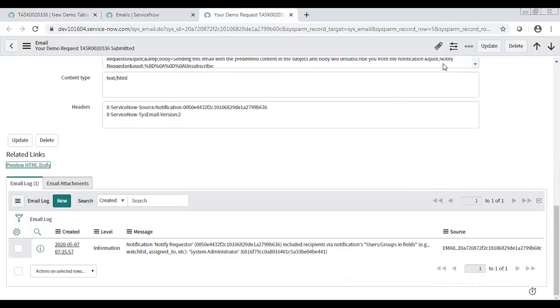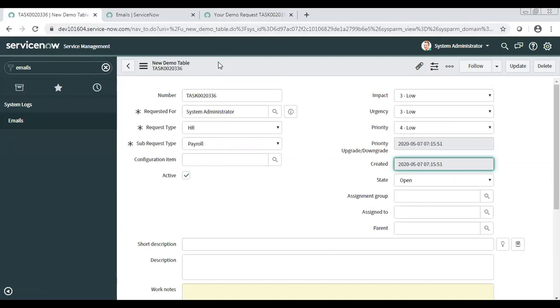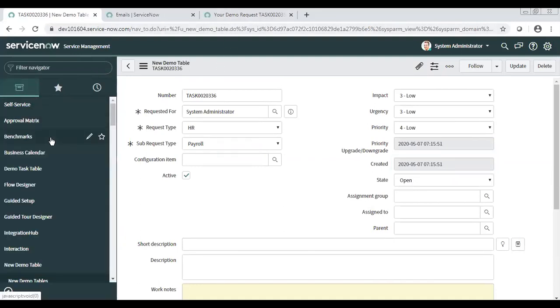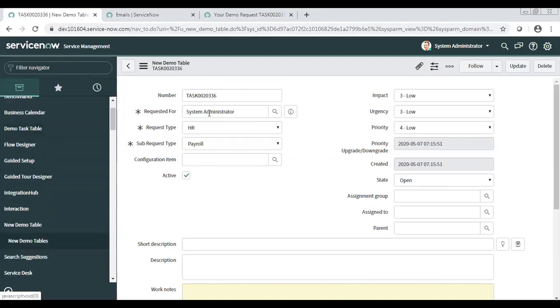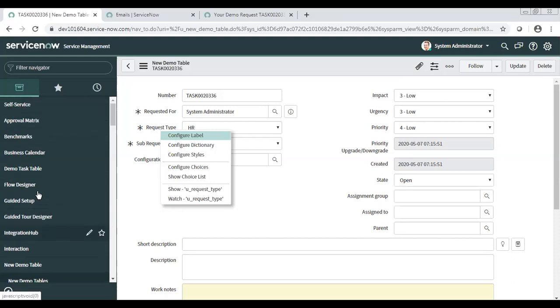Sometimes the client wants, okay, if this notification is fine, it should go like this, but if the request type is HR, then I want to say, please be informed this is an HR request type, so information mentioned in this email might be sensitive, please don't share. So we can add a condition over there, right?